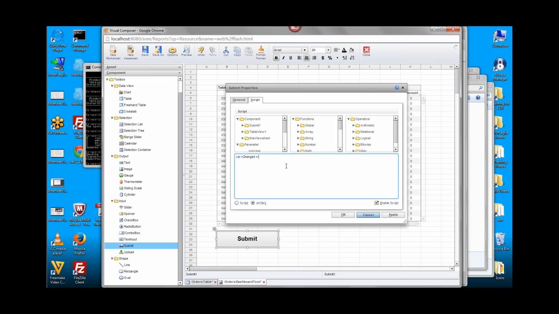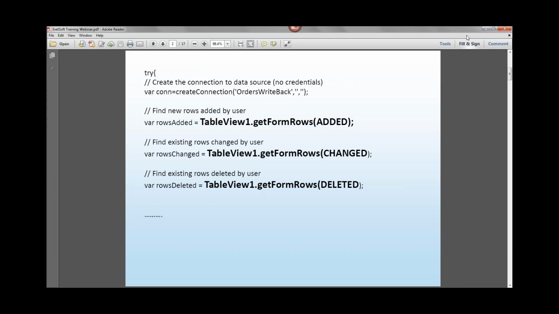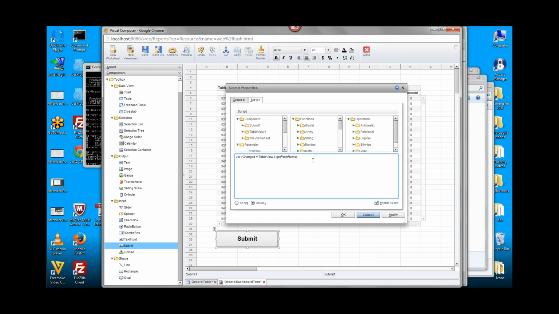Then I'm going to set that equal to the value returned by table view1 dot, what is it, get form rows. That's the property that we have here. Get form rows is the method, and in here, changed.